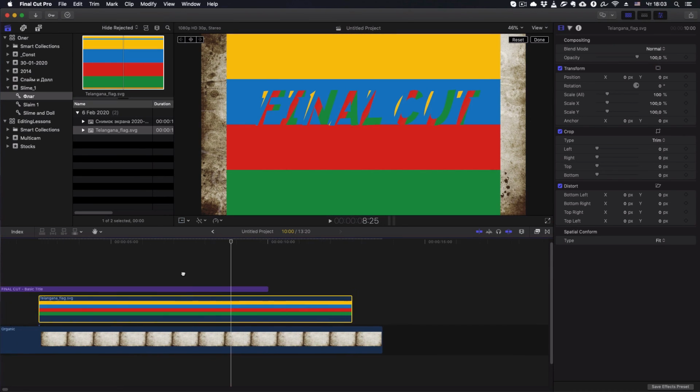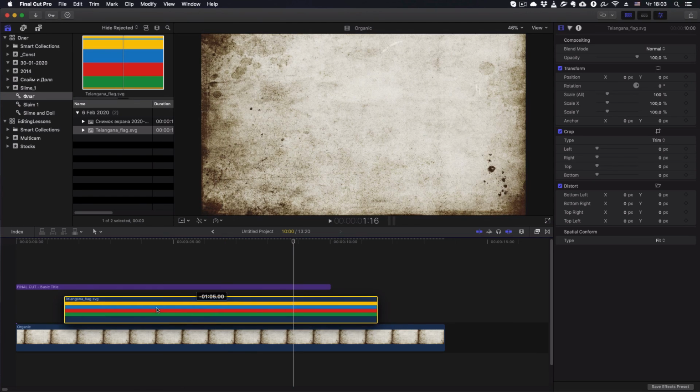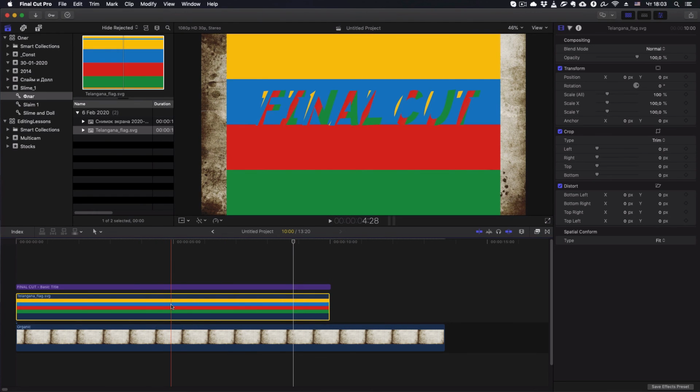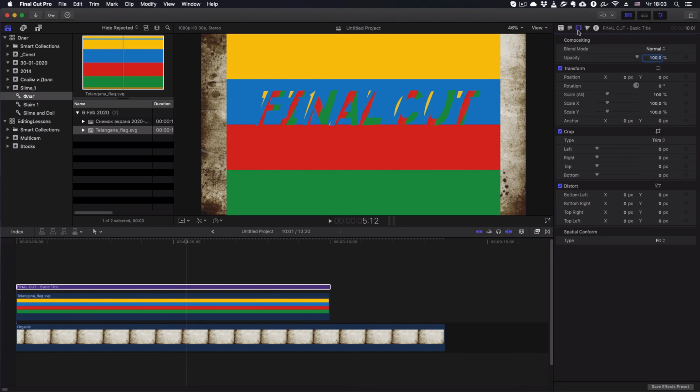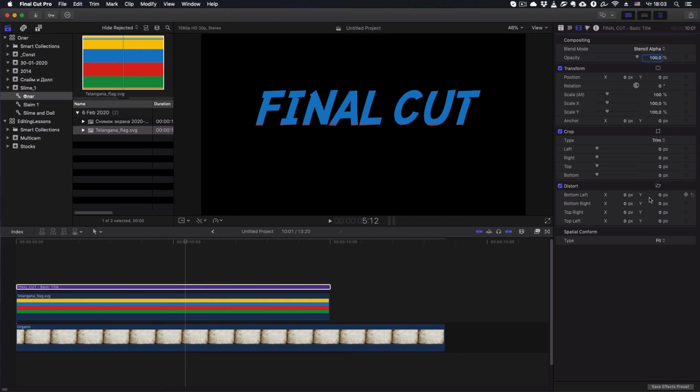The basic title needs to be above this template. Then we select the basic title, go to the blend mode tab here, blend mode, and change it to stencil alpha, and